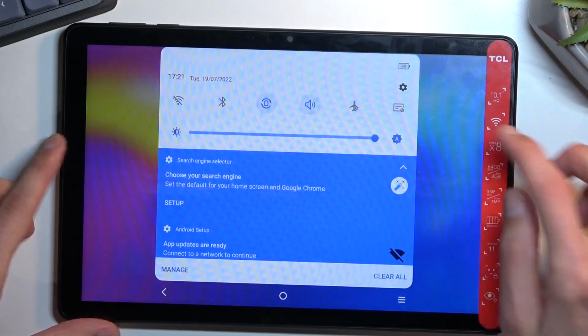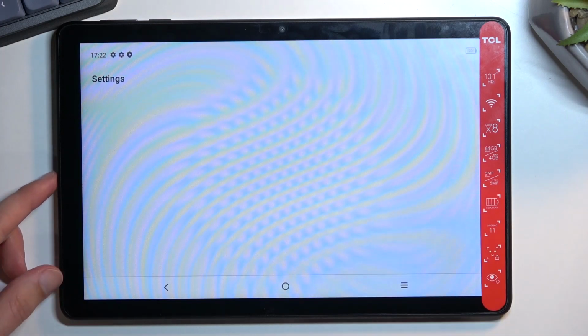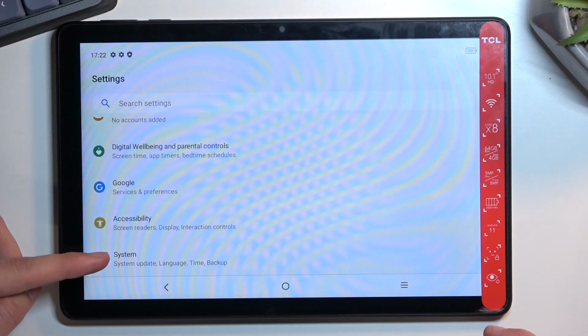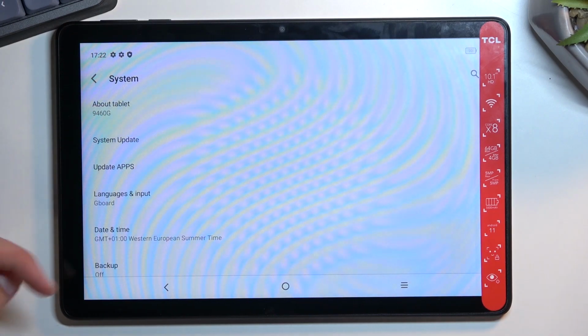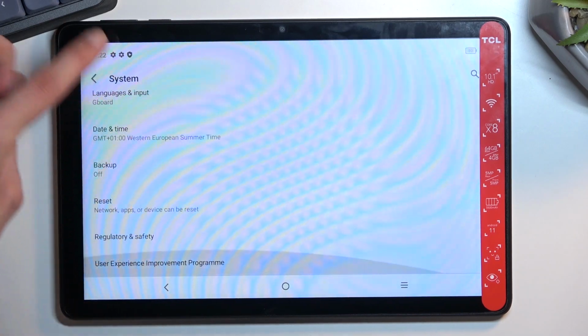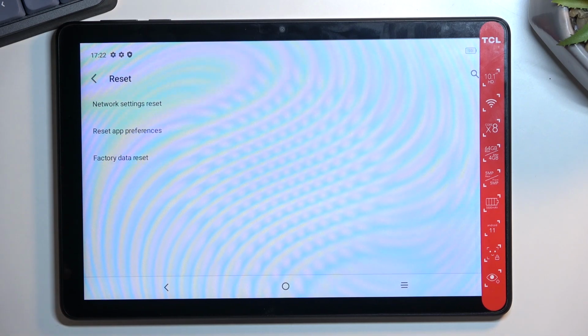So to get started, obviously you will want to open up settings. So let's do so right now. From here, scroll all the way down to system. Then scroll down again. Oops, I just clicked on something by mistake, so scroll down, and in here you'll find reset. When you press on it, you'll then find factory data reset,